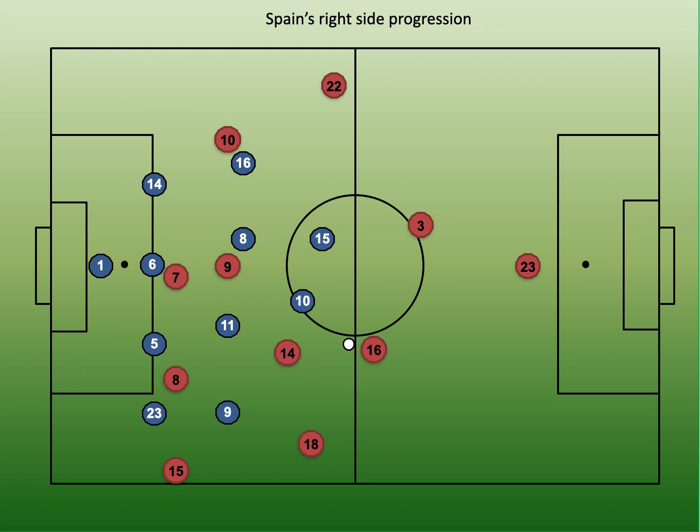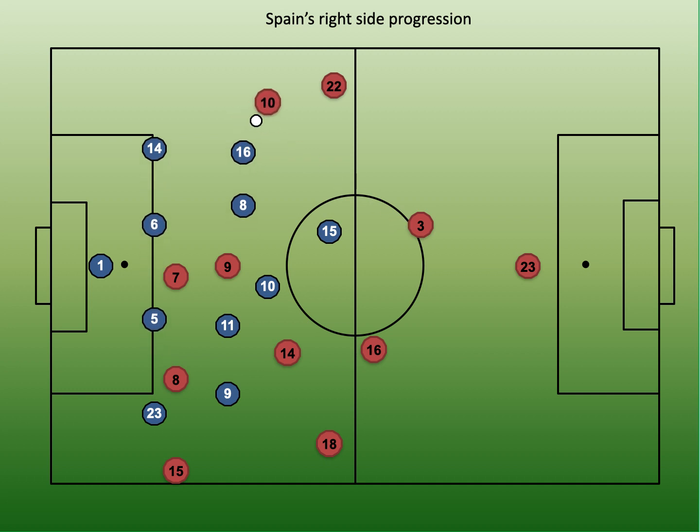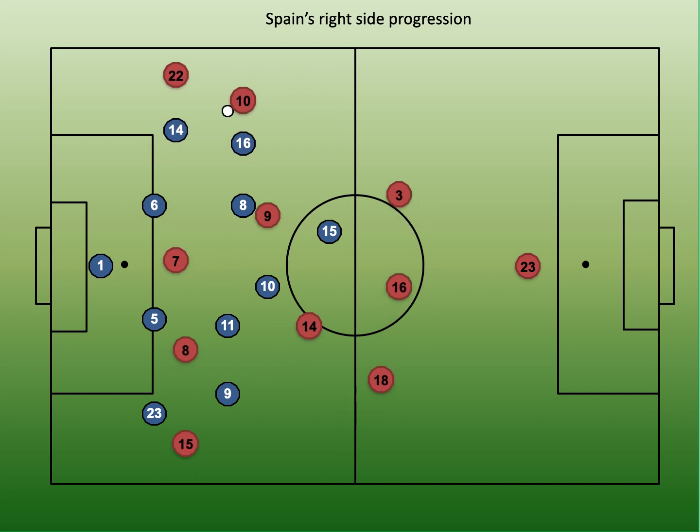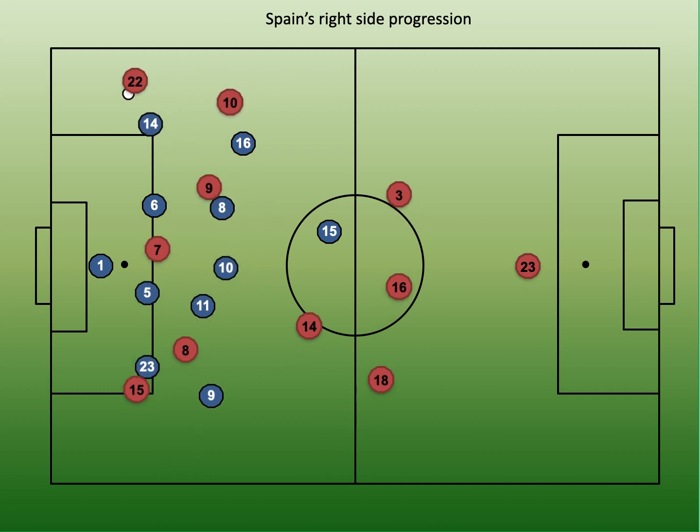So for the right side progression, both Asensio and Navas were the key players involved, but as previously mentioned, their average crossing positions were higher than the left-hand side. The first variation of looking to release Navas, Asensio would receive the ball off the switch of play, allowing him extra space than if the ball was just to be played directly down the right side. Once Asensio receives the ball, Navas then overlaps and attacks the space in behind for a cross once he is